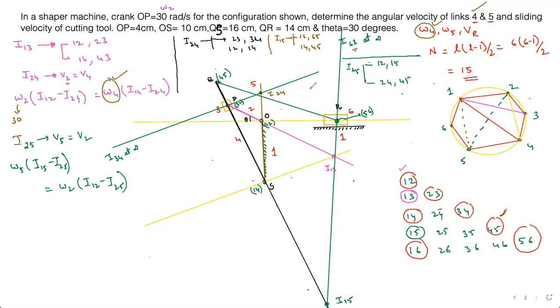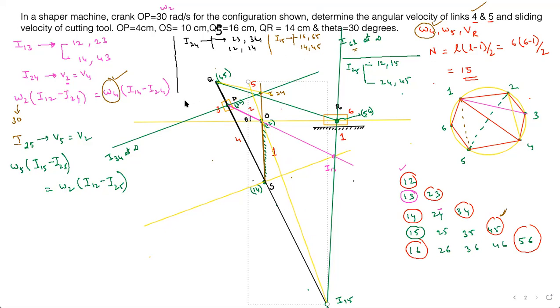That is the point. So see, just check. In yellow ink I'm going to mark it. In yellow ink, 4 5 and 2 4 are already known, right? So I'm connecting them both. They should be on the same line, right? And then 1 5 and 1 2, right? Wherever they are intersecting, see, that is your point of intersection, and it is I25. So now you got I25.